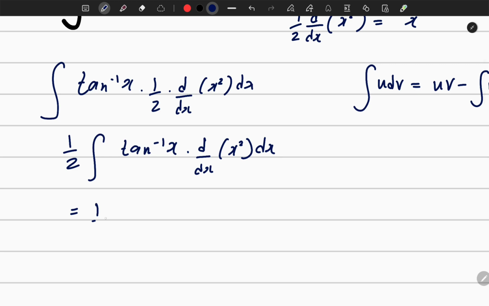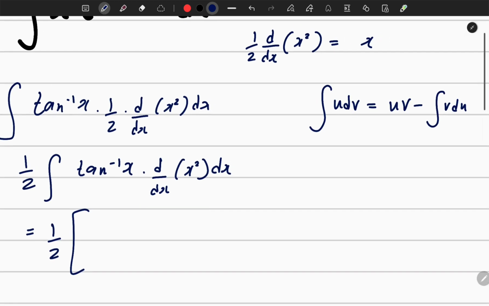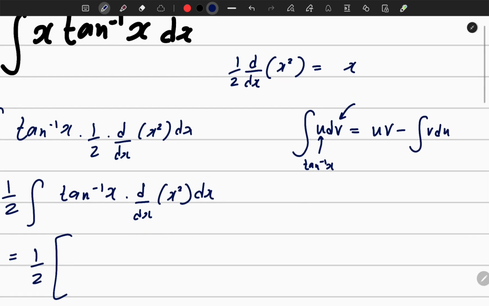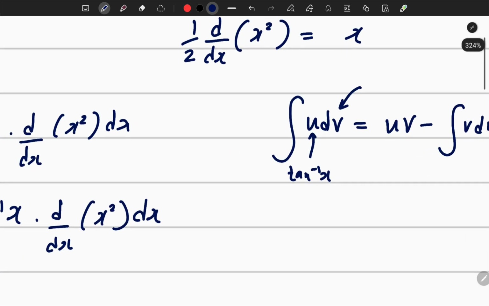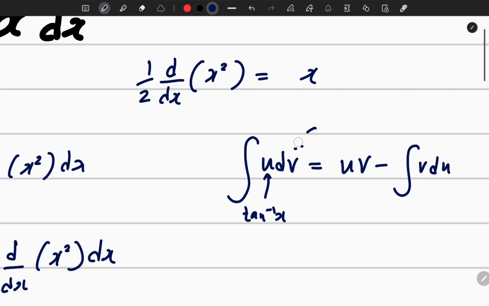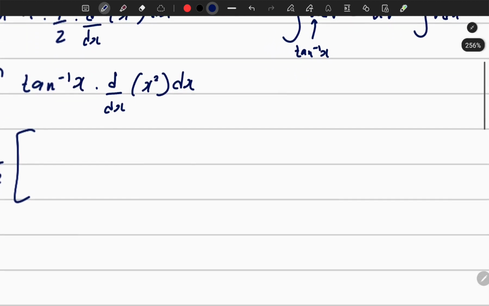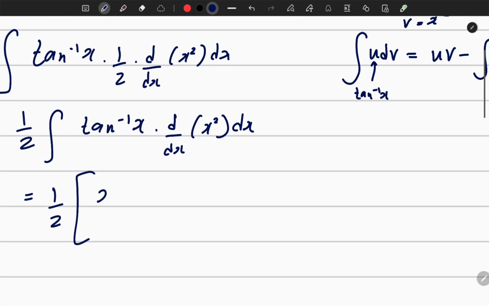So 1 over 2 is a constant, and u is tan inverse x, right? dv is d over dx of x square, right? So v is x square, right? So I'm going to write this as x square times tan inverse x